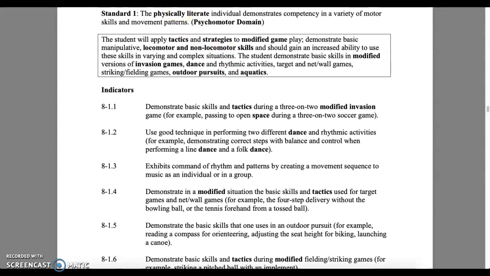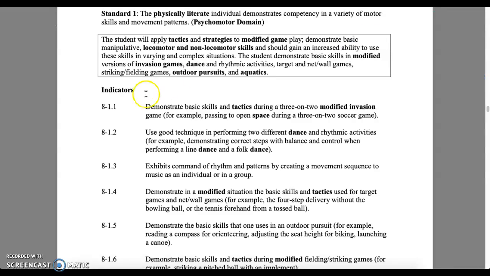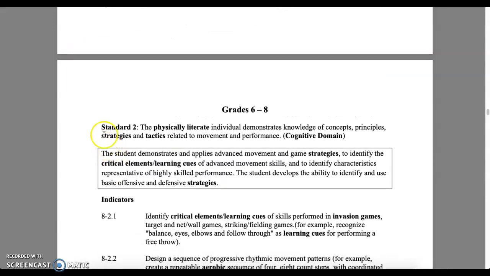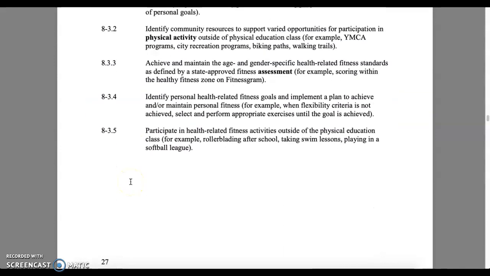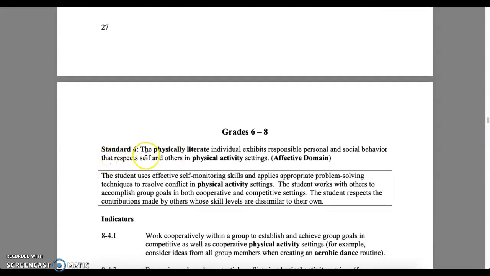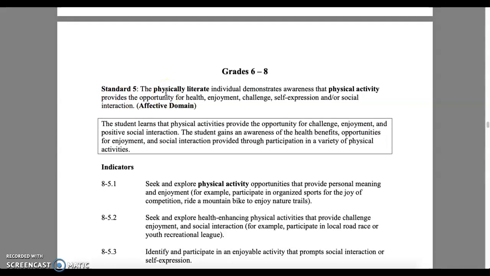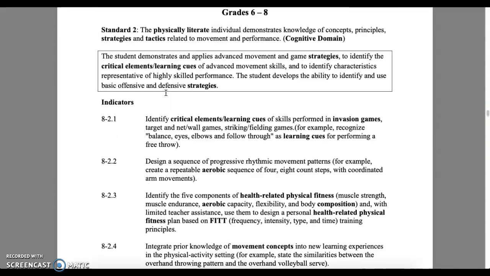So today is simple. I have a Google Doc, so you're going to list one of the national standards below. So again, that means you're going to pick one of the national standards, which is going to be at the top, and it'll say standard 1, 2, 3, 4, or 5. Okay, so list one of those, choose one,